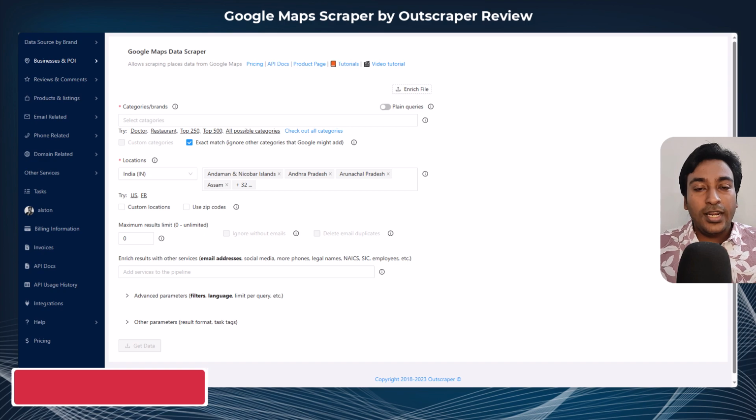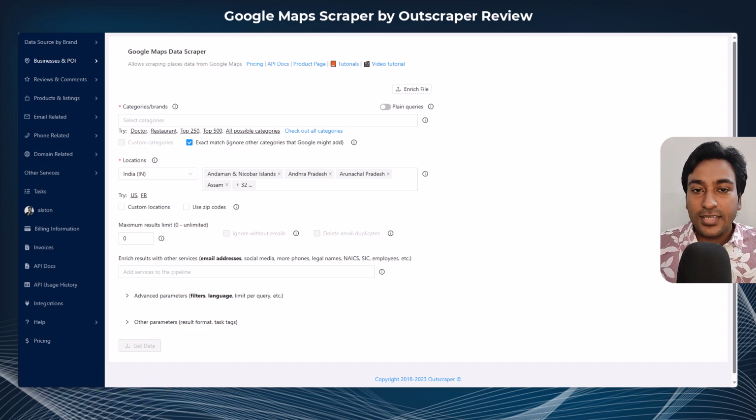Now let me go in depth on what this software does and what it is about. First, it is a Google Maps data scraper. It is basically a way of extracting local business information on Google. Essentially, you are going into Google, maps.google.com, searching for some keyword with set of filters and option, and scraping all the data. These are really good, especially if you are looking into lead generation or trying to reach out local